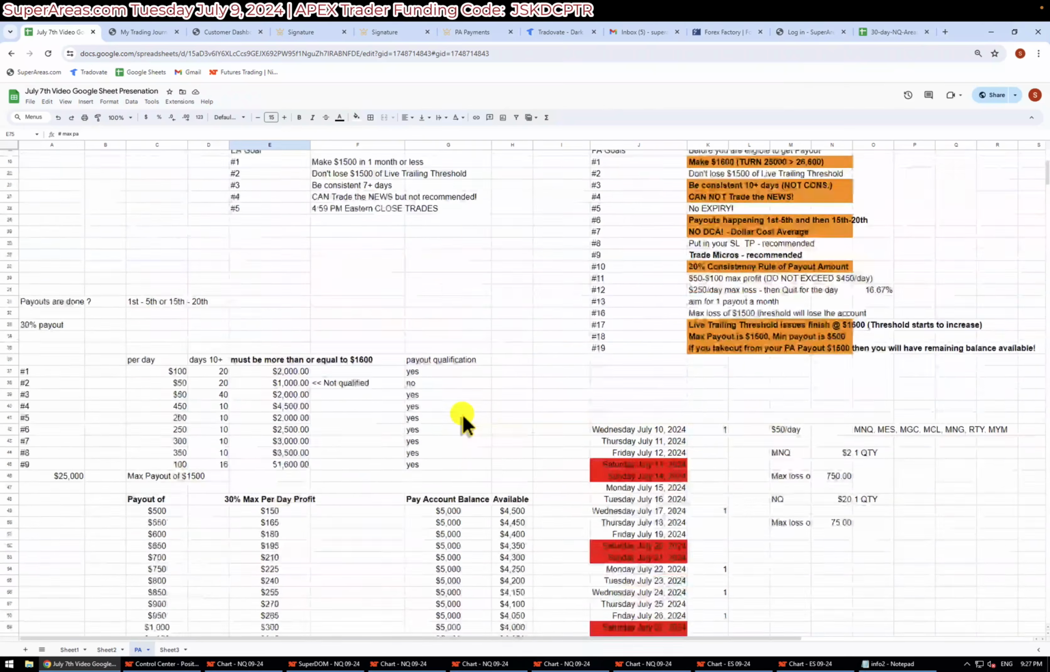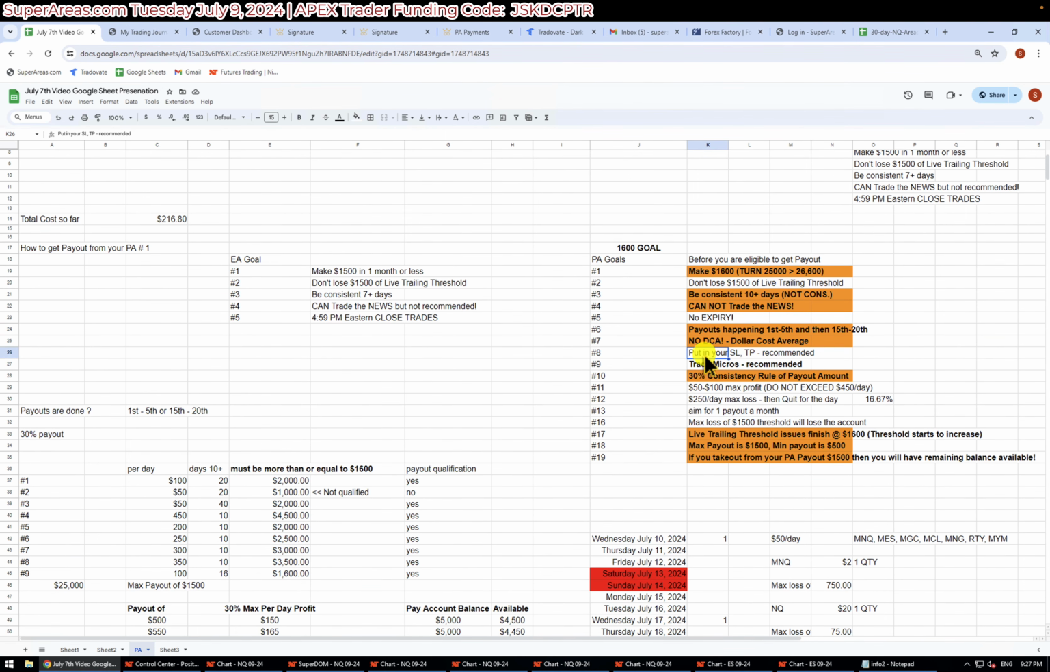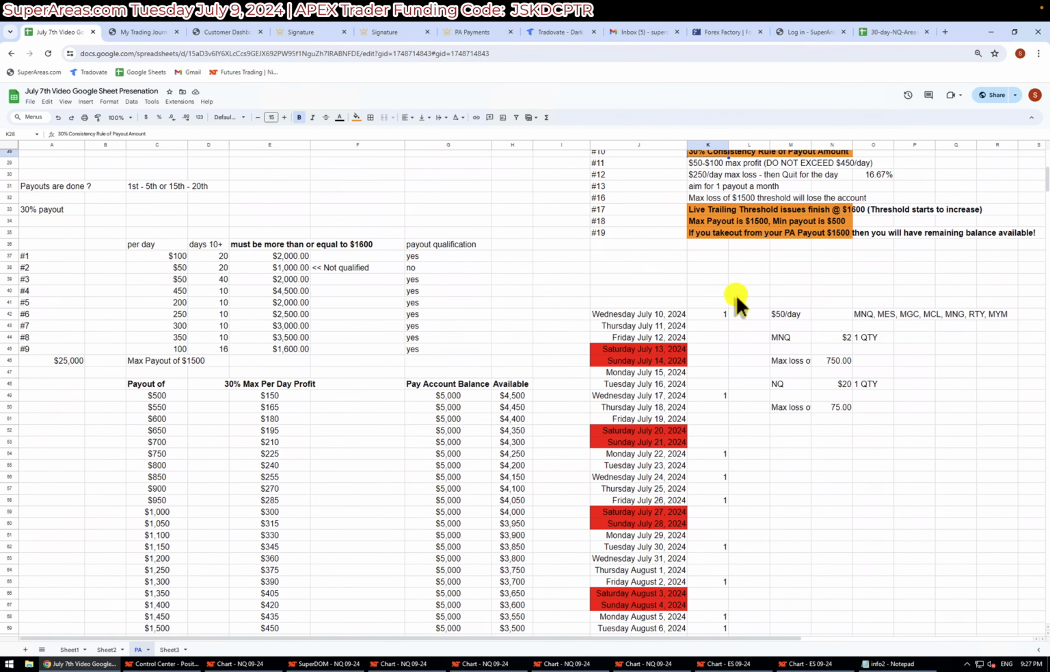So just kind of summarizing it, your goal today of my PA is, hey, I've got to make $1,600. I don't have an expiry. I have to be consistent for 10 days, not consecutive 10 days. I cannot trade the news. When I'm ready for payout, I want to make sure I don't do a dollar cost average. I like to put in my SL and TPs every time. I will trade micros at the beginning until my balance is big. I will do my consistency payout